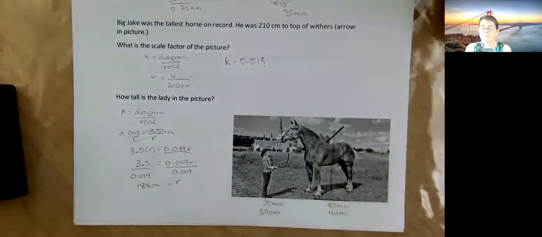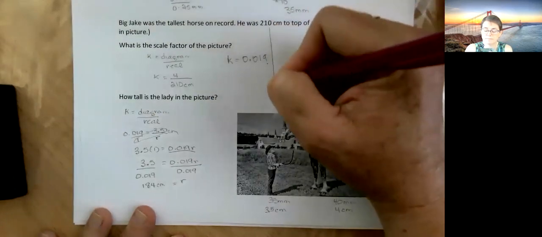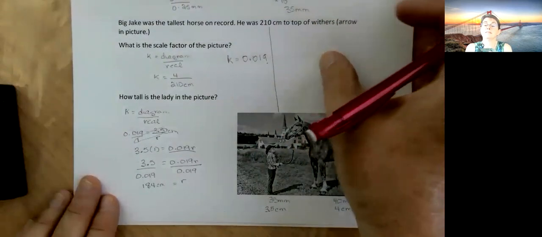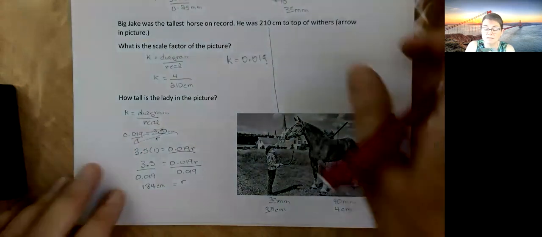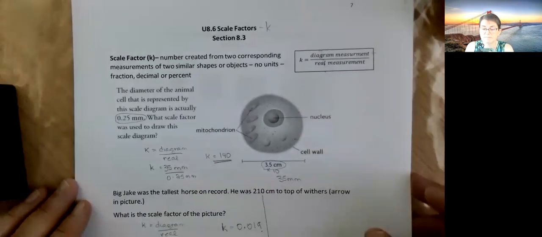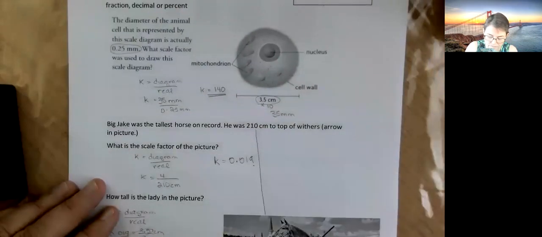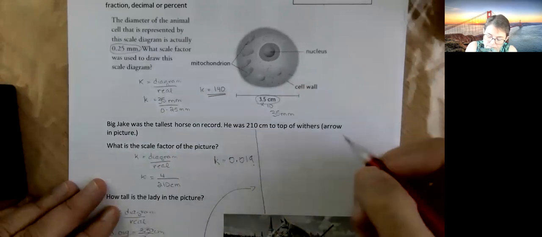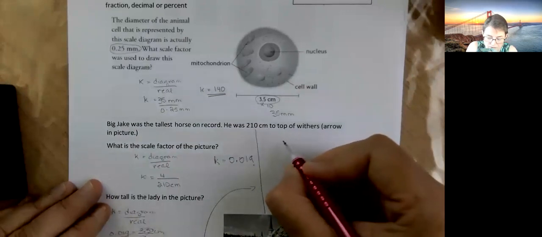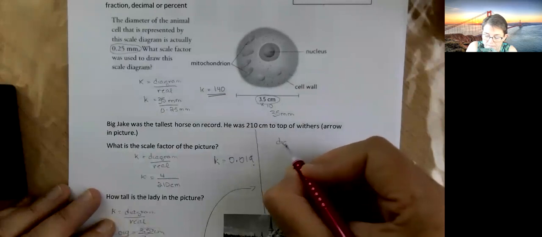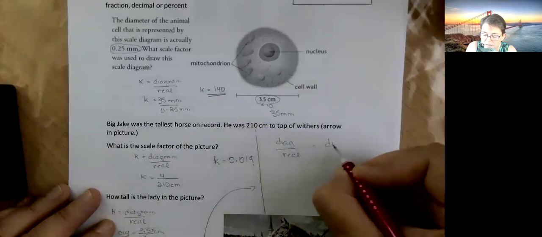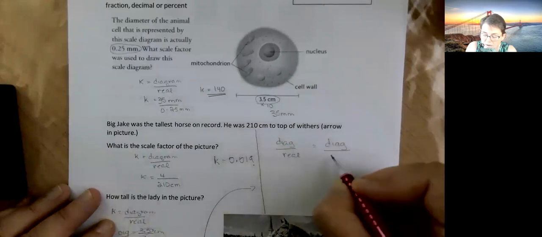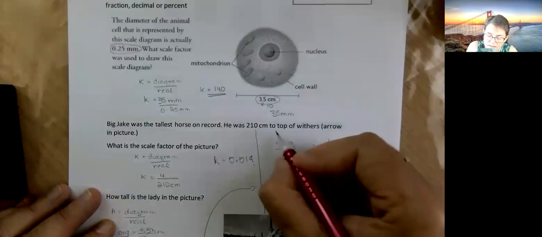All right, I'm going to show you a trick though. Here's the real truth. I did questions like this for years, never using a scale factor, because what you can also do is go diagram over real equals diagram over real. And we're going to say this is horse